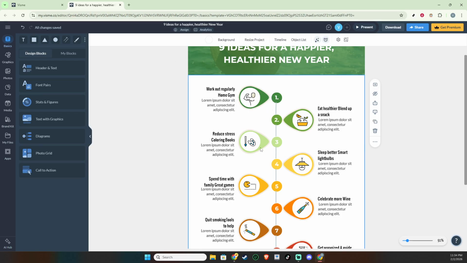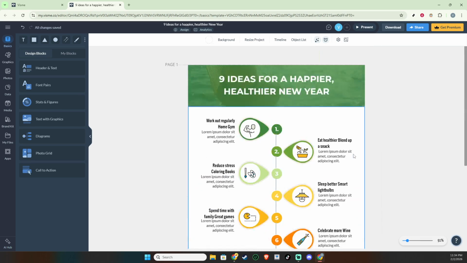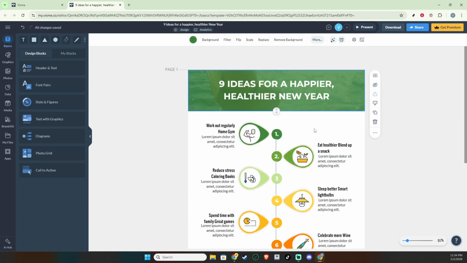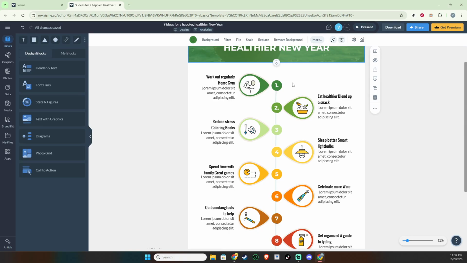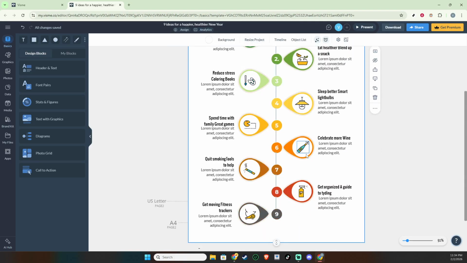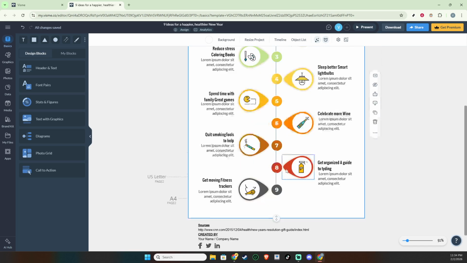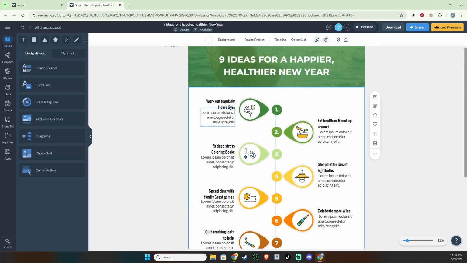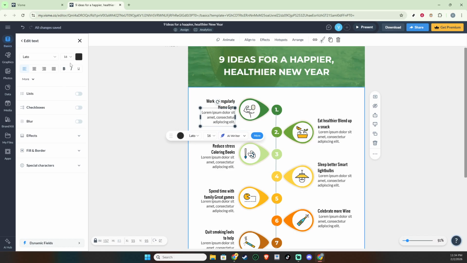Replace the template image by clicking on it and selecting another visual. Choose something that supports your topic without overwhelming the text. For colors, use your brand palette in the color picker so everything looks cohesive. Maintain strong contrast between text and background for accessibility, and keep enough breathing room around edges to avoid a crowded